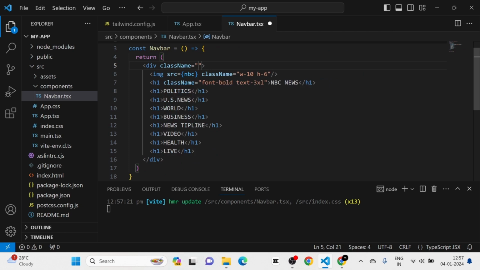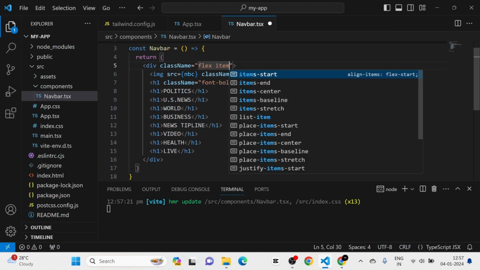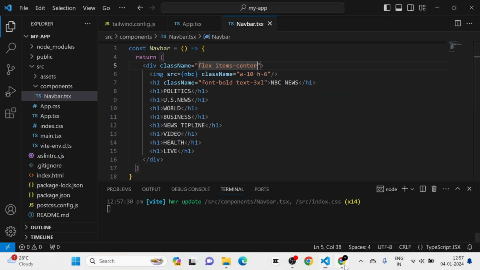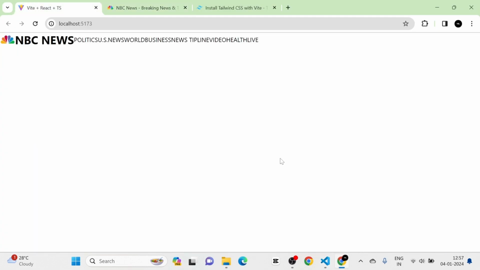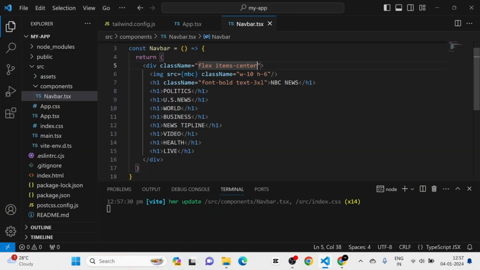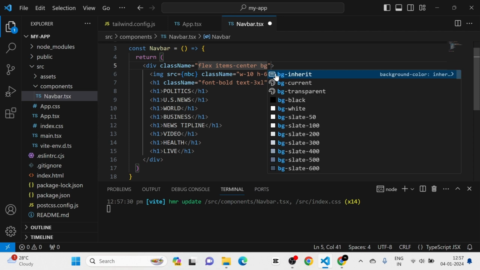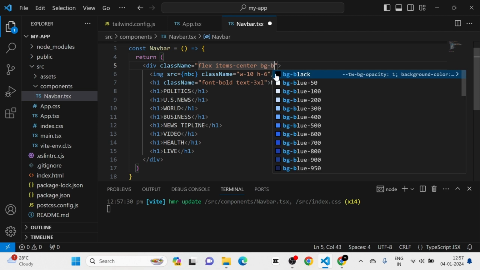Then I'm going to give the class name for this main div. In the class name, I'm going to give the style such as flex and items-center. So now you can see that this is the structure of the navbar as of now. Then after that, I'm going to give the background color as blue 950